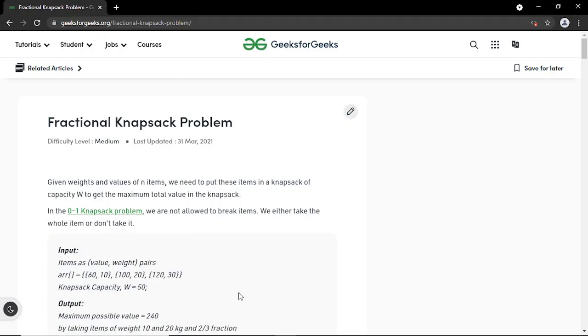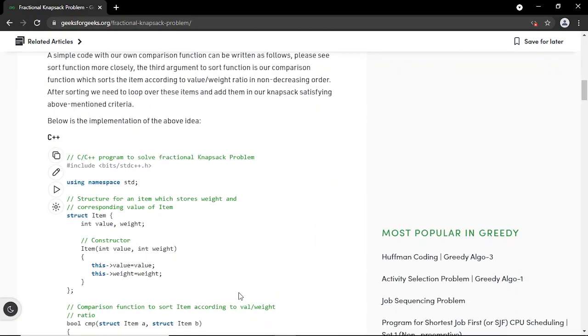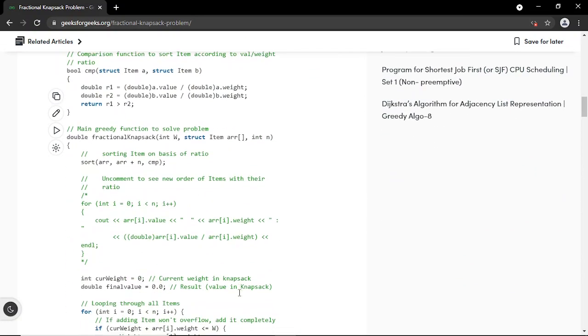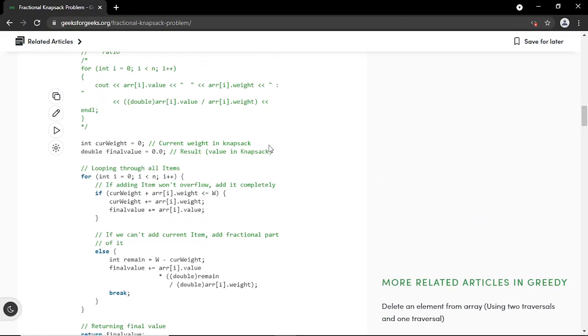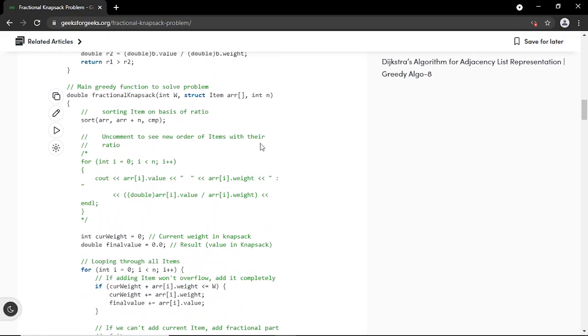So here is the fractional knapsack program. Here is a C++ implementation of the program. This is the main function. Here we have taken the capacity of the knapsack as 50, and we are storing the weight and profit of the elements in an array. We will call the function, and in the function you can see we are first sorting the objects on the basis of their profit density ratio.